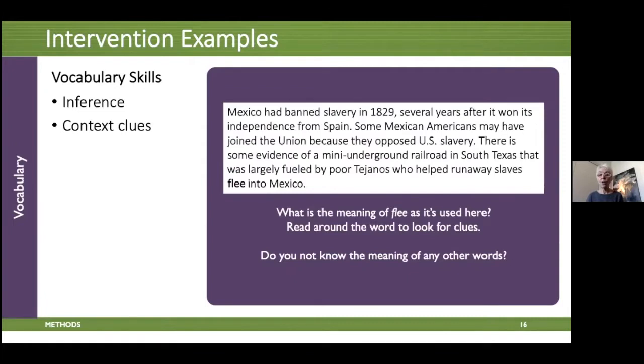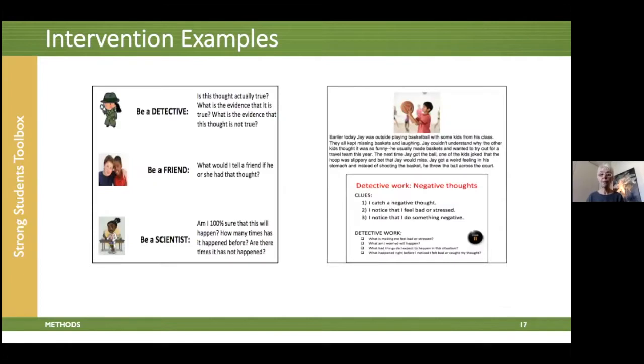We also focused on vocabulary and inferencing. And so, for example, here in this text, what is the meaning of flee as it's used in this text? And teaching students to not just know how to learn words based on teachers providing explicit instruction, but also to learn how to read words, particularly in content areas, by reading around the word to look for clues. And so some of the examples for that,